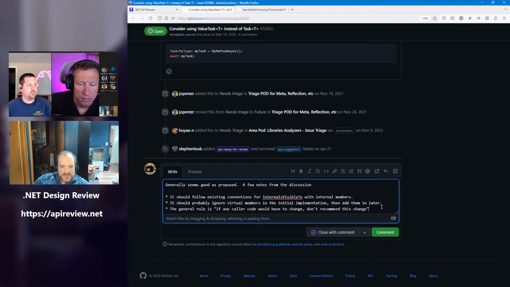Is there anything else that we want written for posterity? It's part and parcel to if any code would have to change, but this is purely about async methods, not just ones returning task, because the reason I say it's part of that rule is if it's not async, then the code and the body of the method would actually have to change.